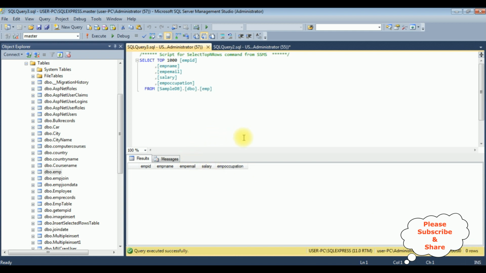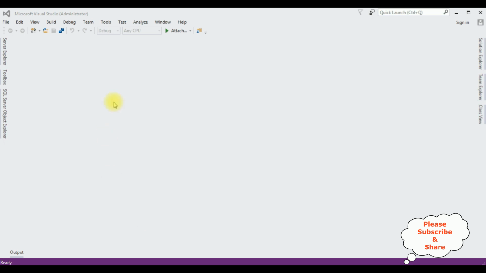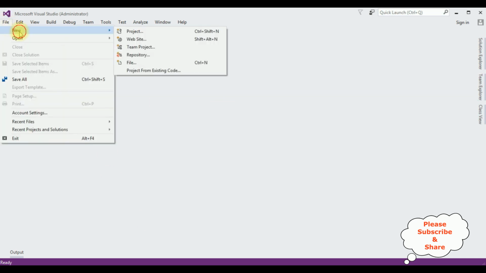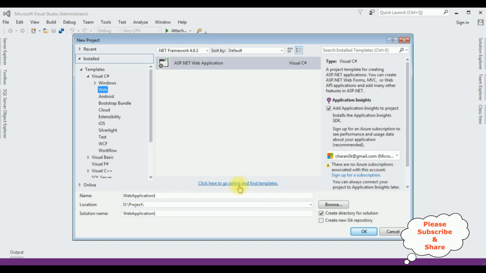Let's add a new employee details into this table using bootstrap modal popup in MVC application. For this video tutorial, I'm creating a new MVC application. Go to File, New, Project, and from the web templates, I'm selecting ASP.NET Web Application and the .NET Framework. I'm using 4.6.1. The application name is